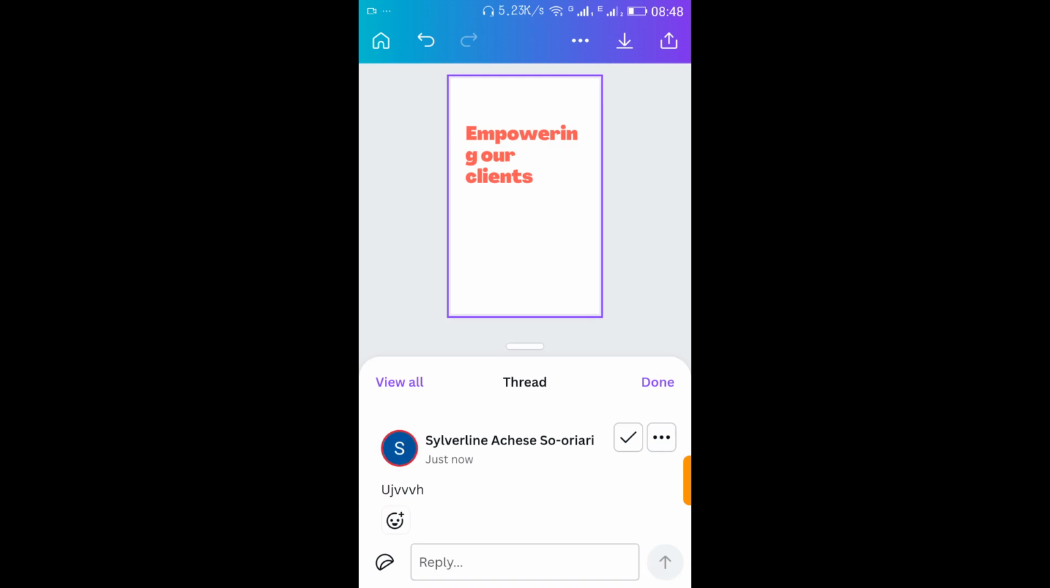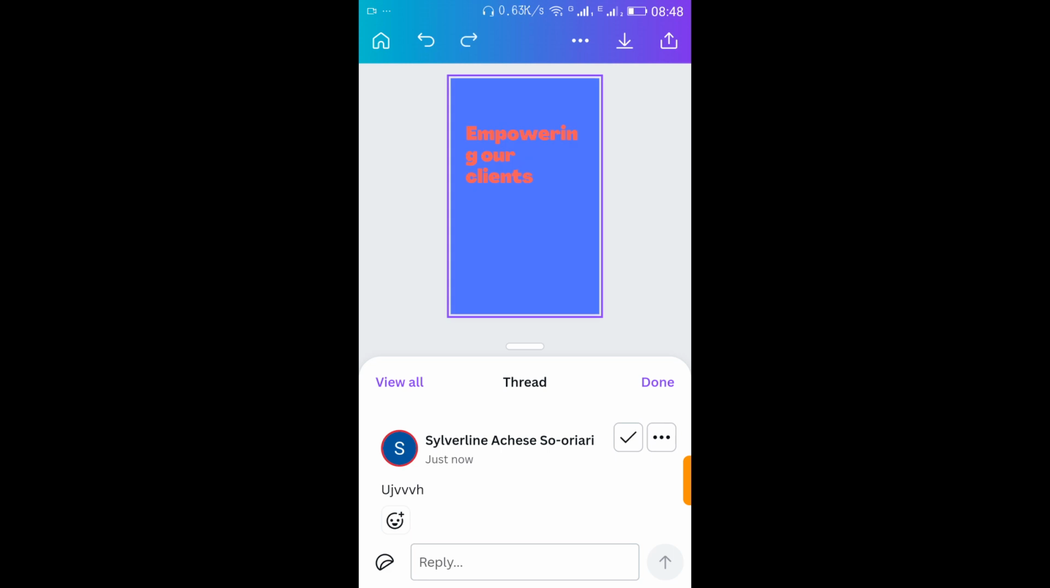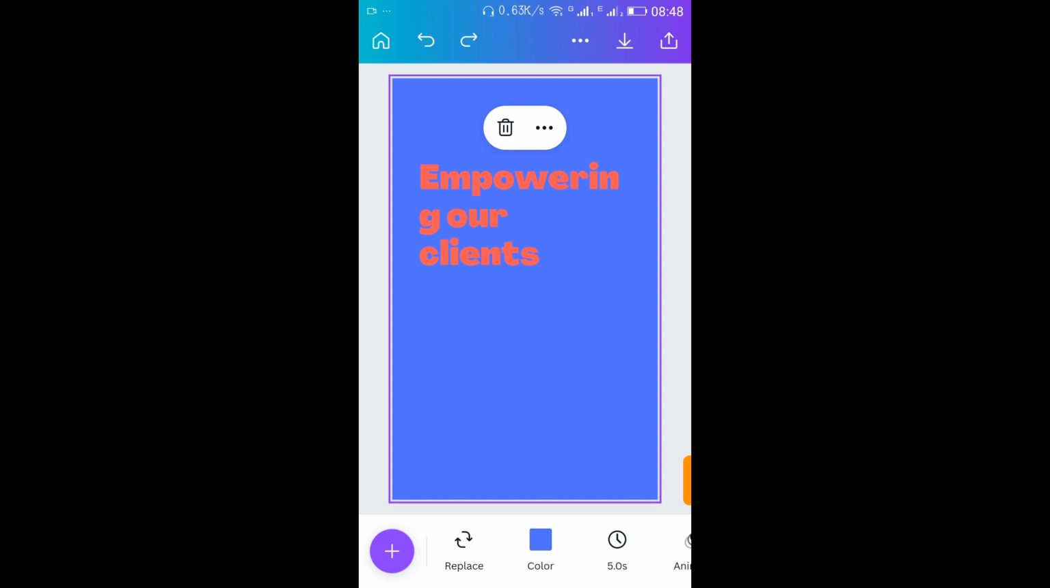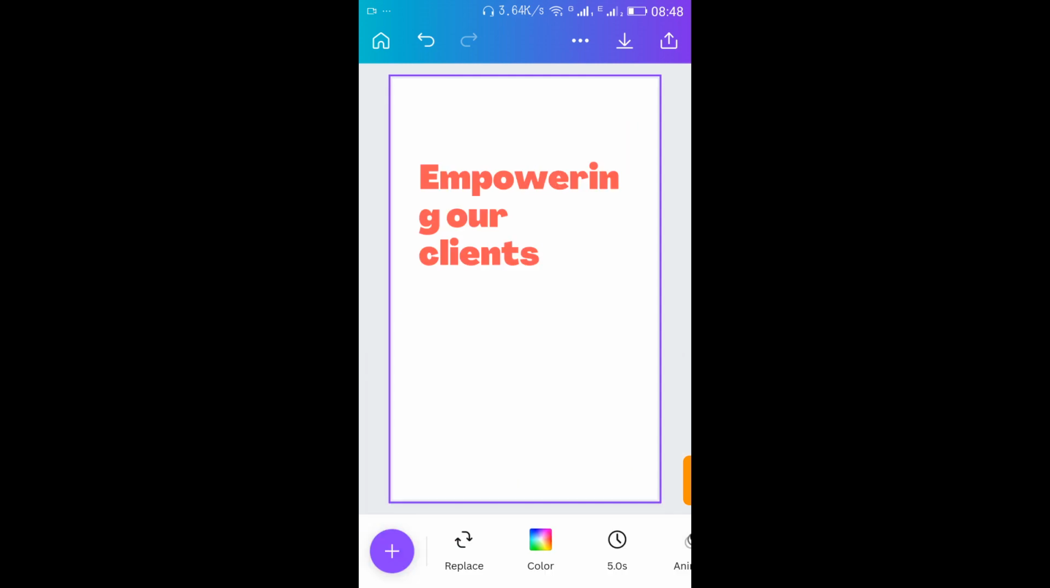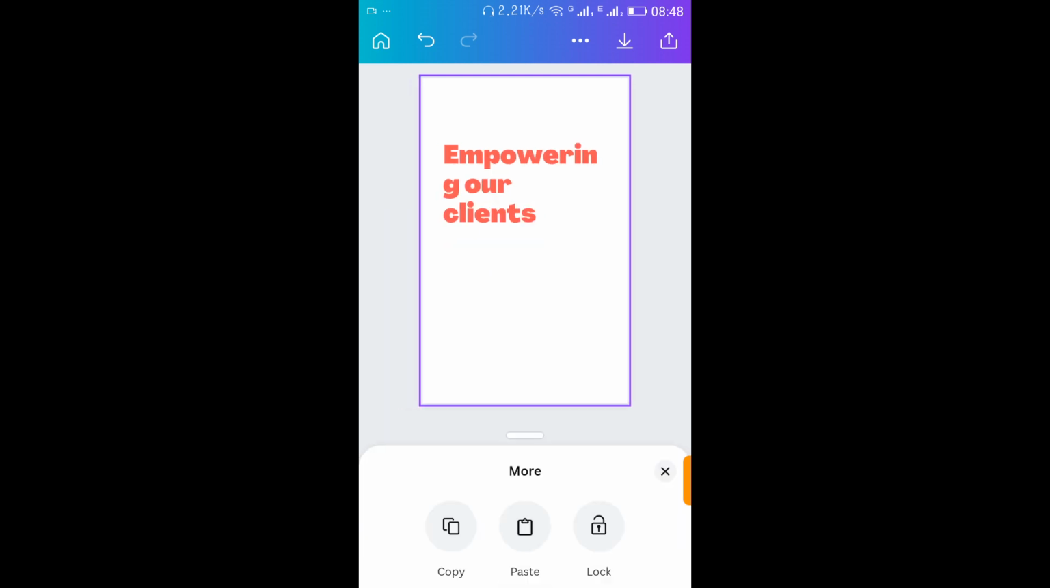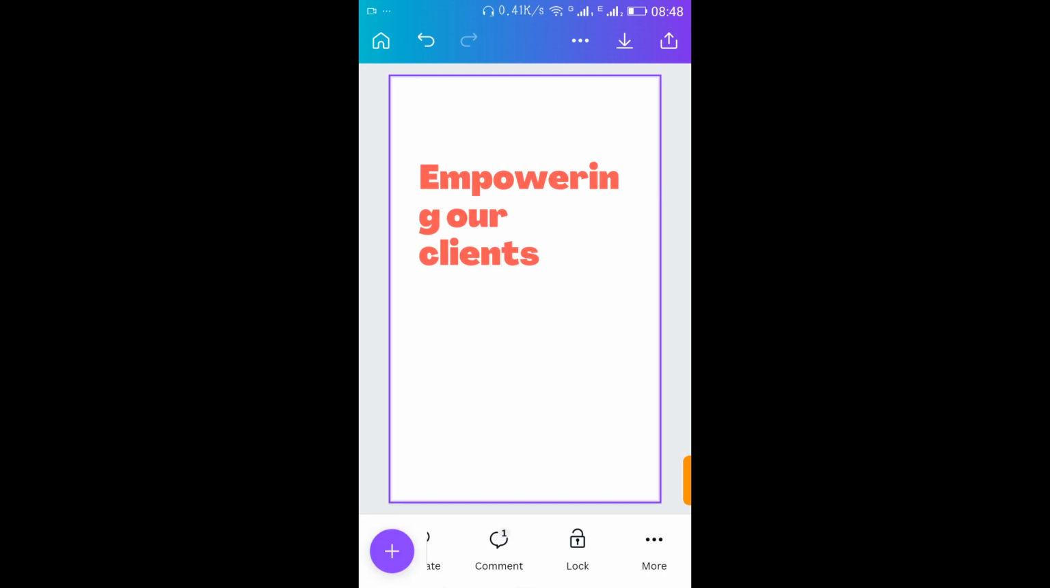You see, but I don't want to comment on anything, so I'm just going to go back to it. Go back and take my color back to white and lock them more. If you want to copy, paste, and lock again. Okay, so